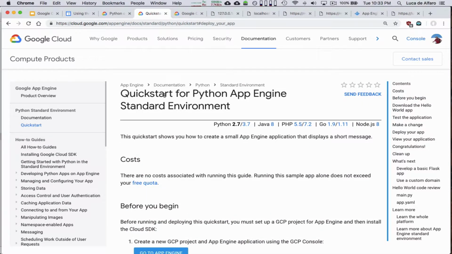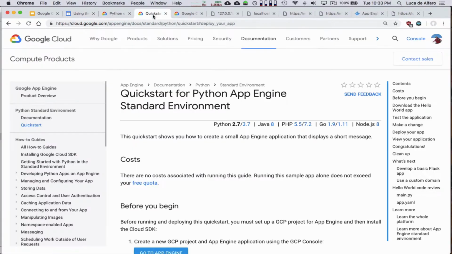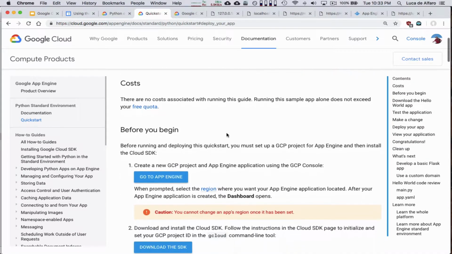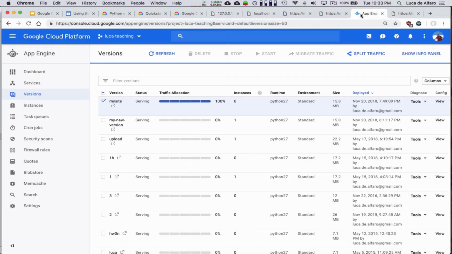So you have to follow the quick start, which is linked from the page. So you follow the quick start for Python 2.7. You need to create a project. So you need to log in into the cloud and create a new project. This means you go to console.cloud.google.com and you create one of these things. I will be using Luca Teaching as my project, but you can create any project you want. The name has to be globally unique in the Google namespace,